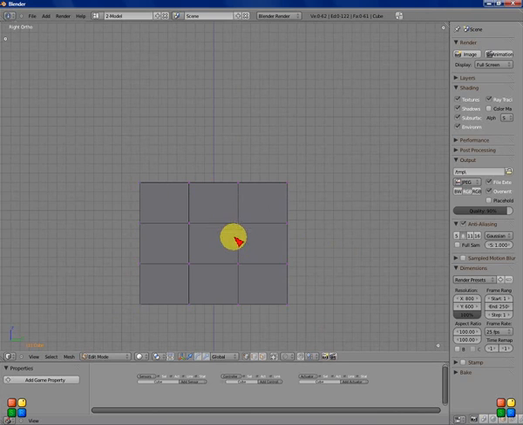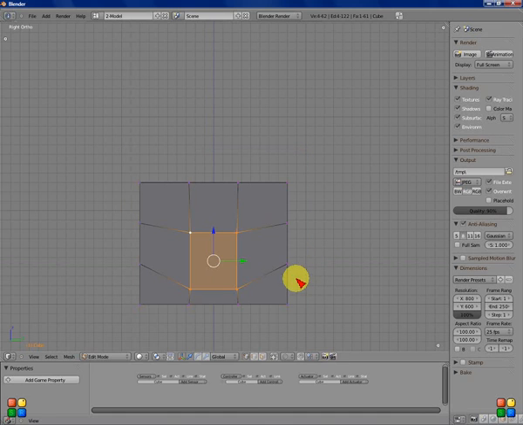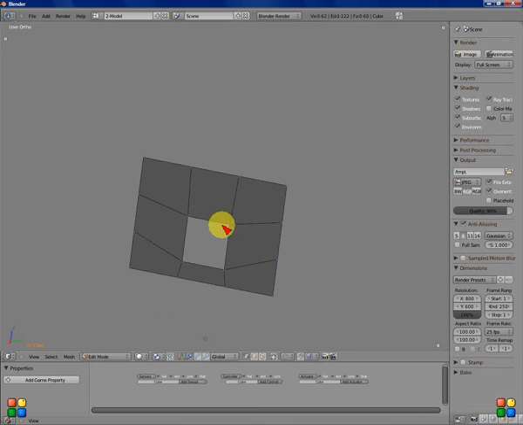And then select these 4. This is our window area. Let's get Z, Y. It's going to be a little bit taller than it is wide. Okay, now I'm going to delete that face and